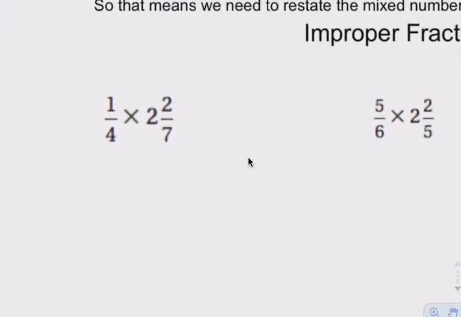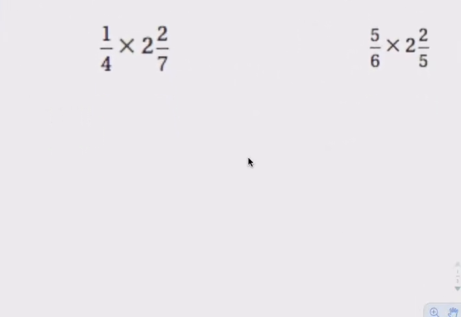So the additional step we add into the process is that we change any mixed numbers to improper fractions. One thing you don't do first is cross cancel, because we don't cross cancel until we have two fractions. I have a mixed number and a fraction, so I can't cross cancel. So this would be 1/4 times